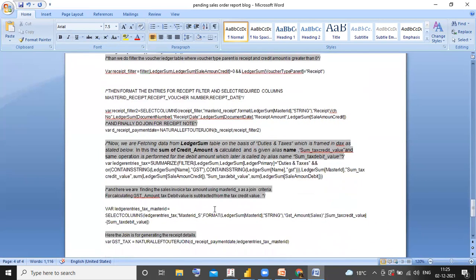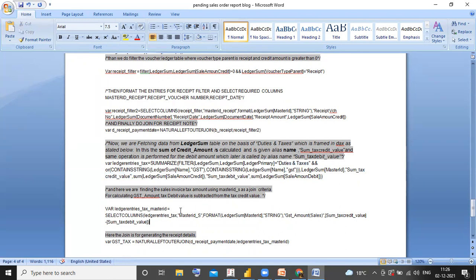After that, I'm fetching data from the ledger sum table on the basis of duties and taxes, which is framed in DAX below. Thereafter, the sum credit amount was calculated and the sum tax debit value was also calculated. These are coming from the ledger sum table, sales amount debit column, and the sum tax credit values coming from the ledger sum table, sales amount column.